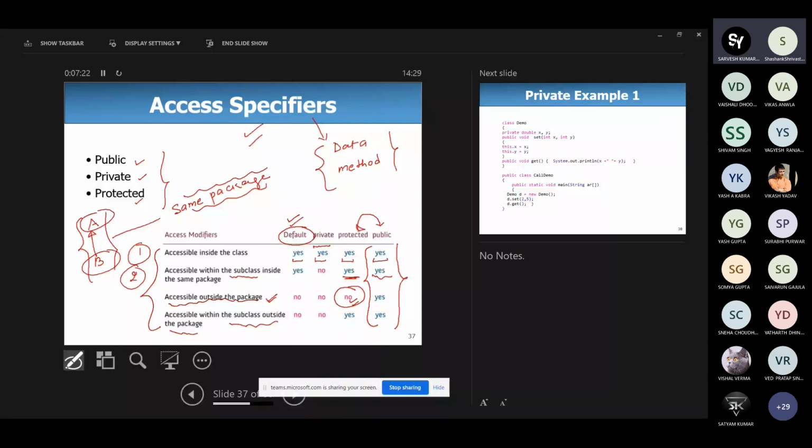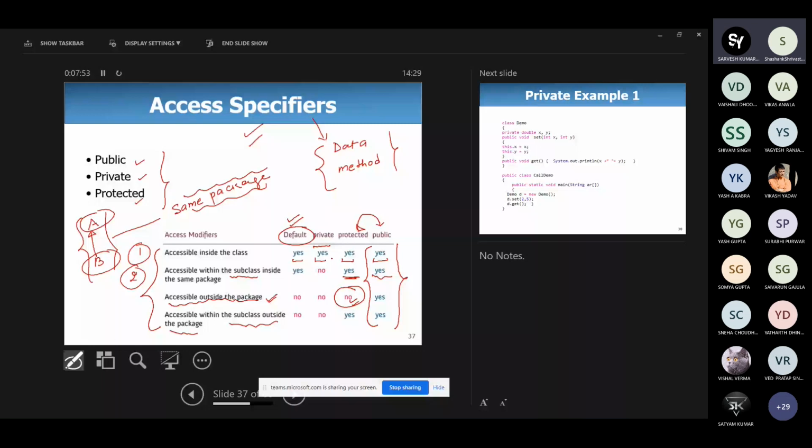Okay, so the question is, is there any significance of declaring method and data as private if it is only accessible within the class? Actually there is one benefit. In order to provide data hiding, it is recommended that the data part should be private, so that from outside the class, anyone cannot access the data directly.